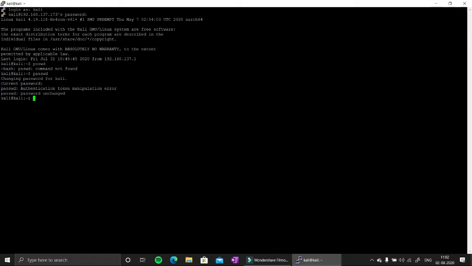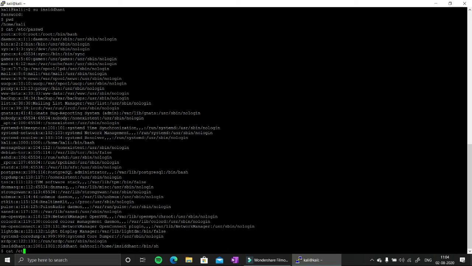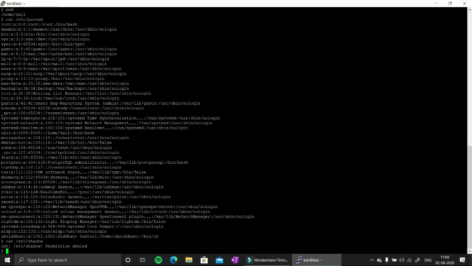Now the first thing was how to change yourself to superuser, or if you want to run a single command. Suppose I want to see the contents of /etc/passwd, which is the information of users. Then cat /etc/shadow.